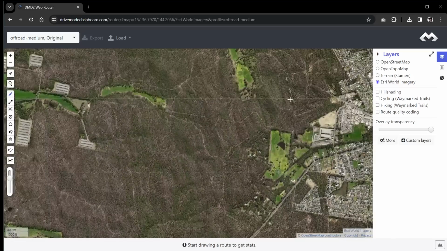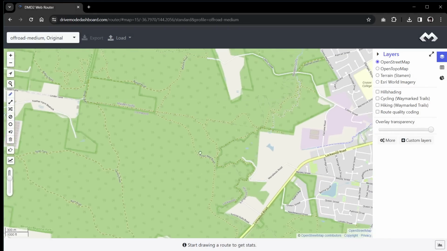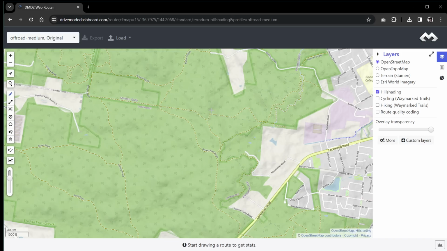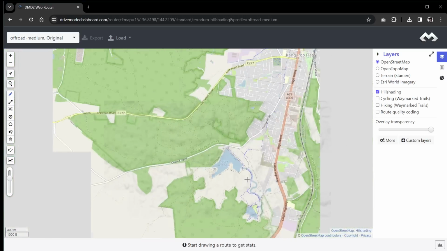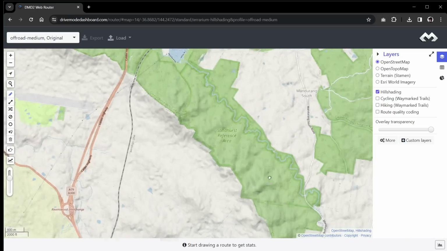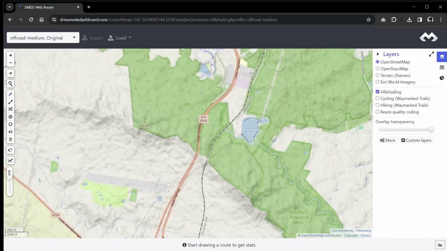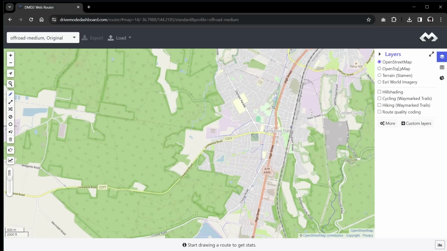The other thing you can do, if we go back to OpenStreetMap, which is what I like to generally use, that and the Esri or the satellite, you can put hill shading on, so that gives you an idea of the shading. So if I go back out down to, so you can see that's mountainous through there, but I don't generally use that anyway. But that's your option. There's a whole lot of other stuff, but these are the only things that I really